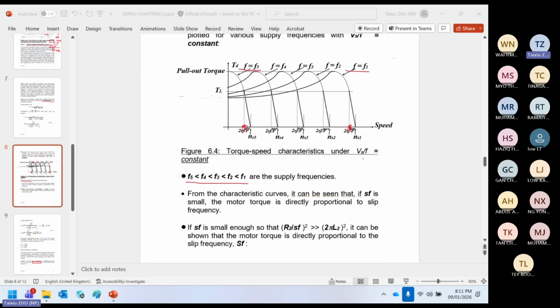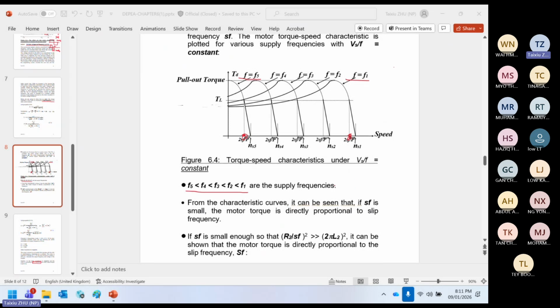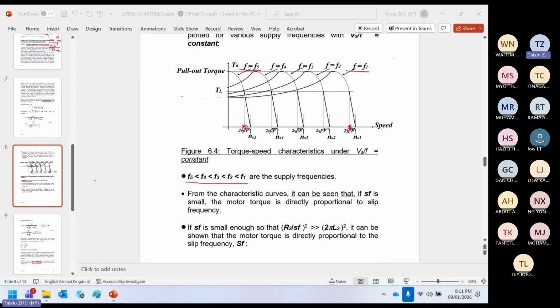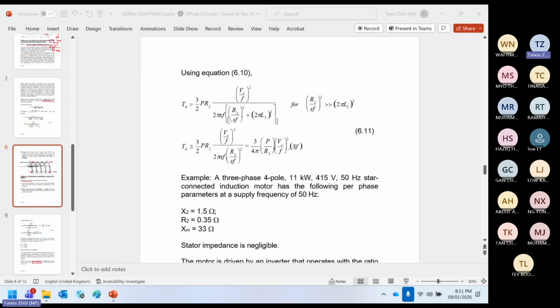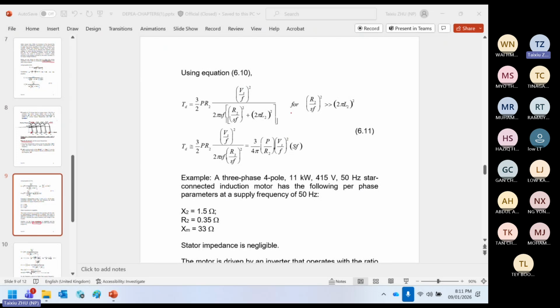Yeah, quite challenging. So basically, this part says if your slip frequency is small, you see the linear one, it's actually your motor speed proportional to the slip. Okay, so we know this theory. Next, we take a look at a question. Why